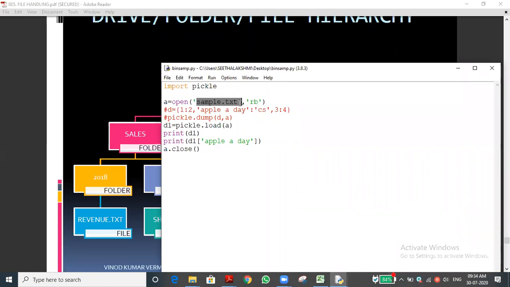Hello. Yes, sir. For example, I'm bringing a sample.txt file in my pen drive. How will you access it? I brought it and I gave it to you. How will you access the file? It is not in the normal location. It is stored in the pen drive. So for that purpose only I am teaching.